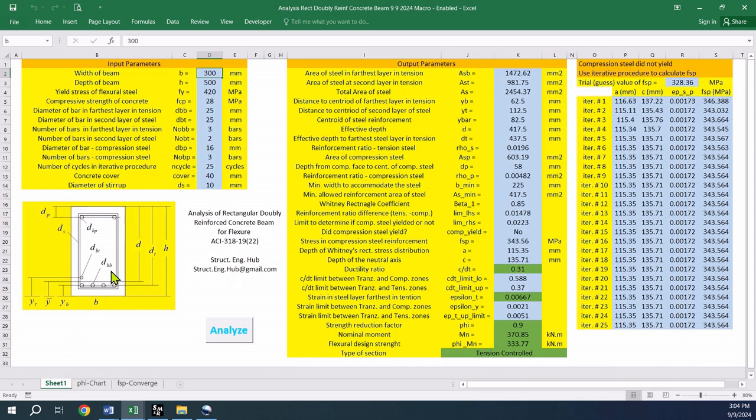There are other methods to calculate the compression steel stress level, but I like to link engineering with applied mathematics whenever I can. If you are interested in learning how to develop these Excel templates and much more, then this is the right place for you,